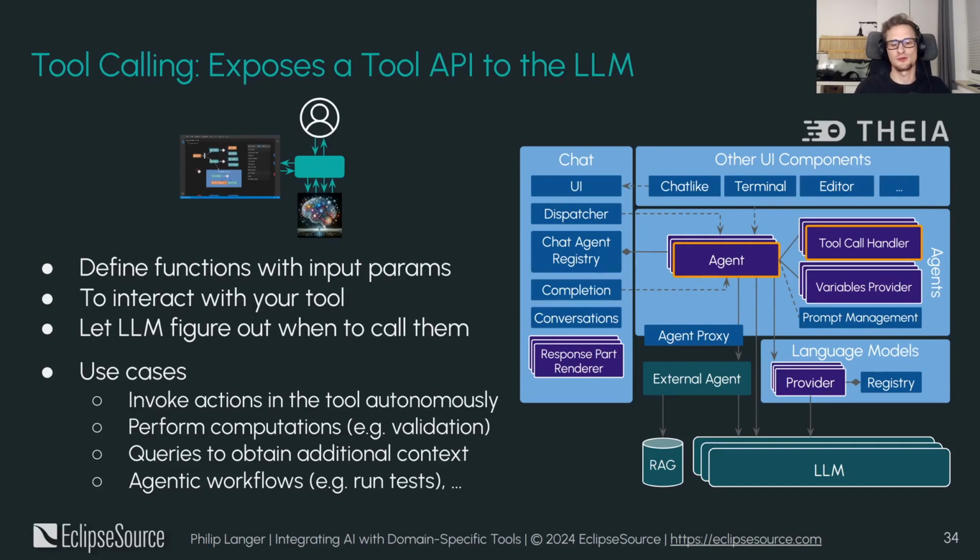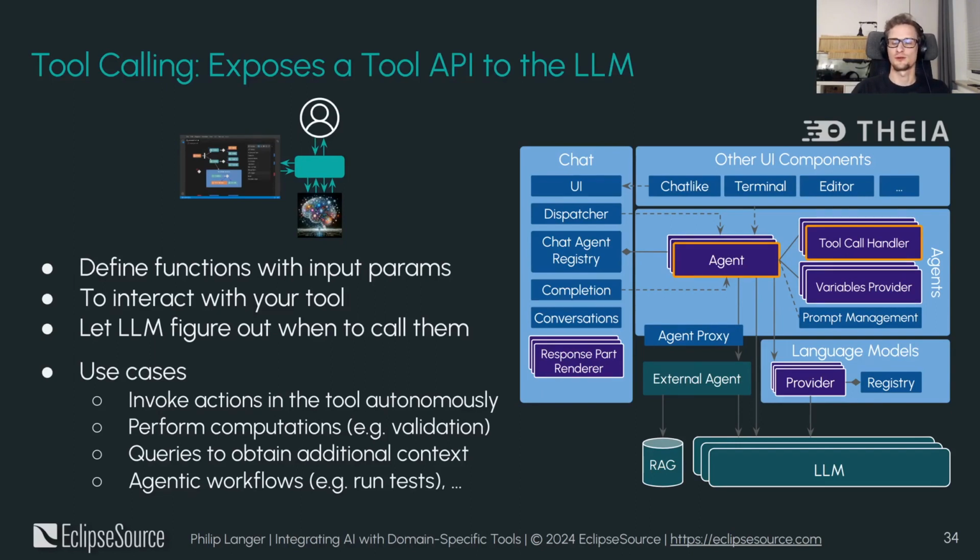So for instance, to validate the model, to compute whether nodes have an overlap, things that you can do very easily in your tool, but the LLM can't do itself, or not as efficiently and deterministically at least. So you provide it as a function. It is also very commonly used to add context to LLMs, because you can essentially ask the LLM, whenever you need to know the diagram, just get it, here is the function, then you can call it. And that's really what